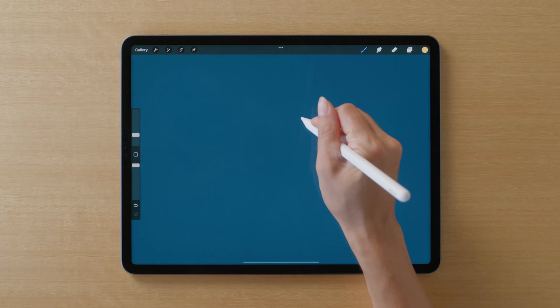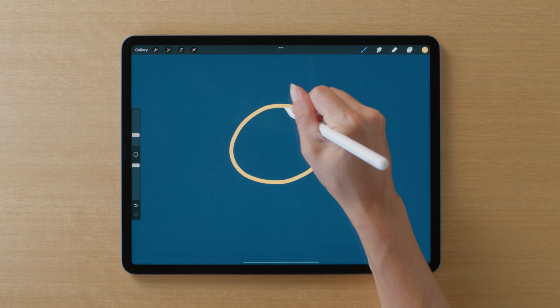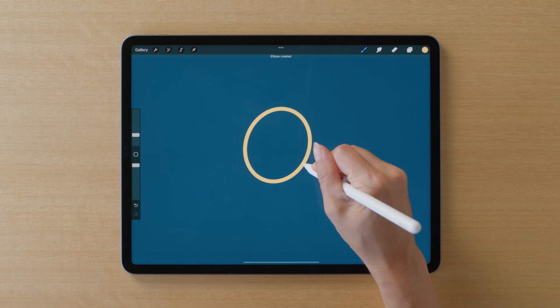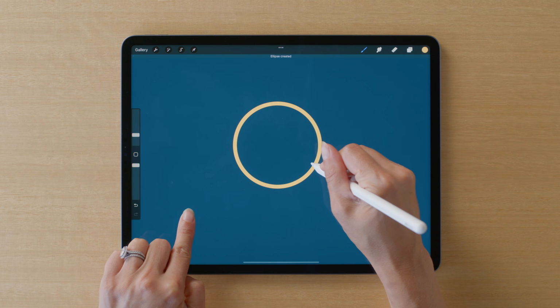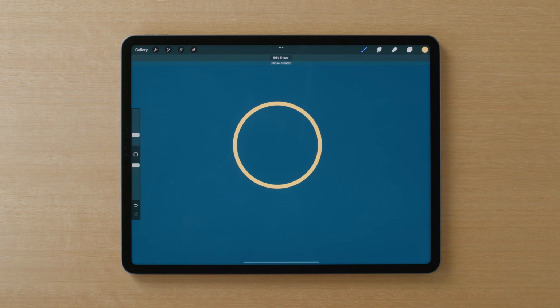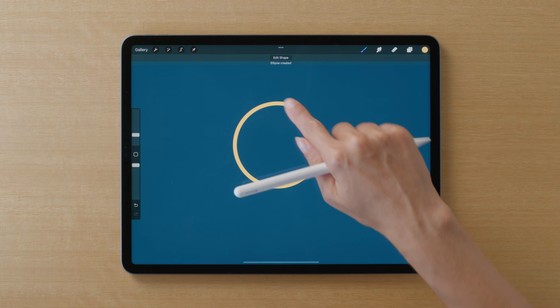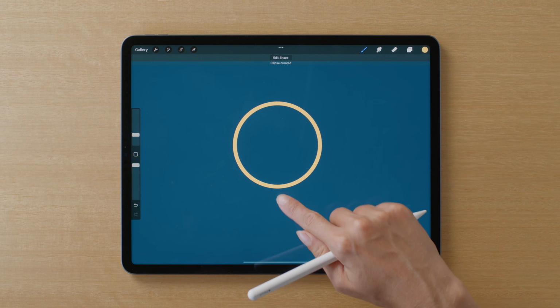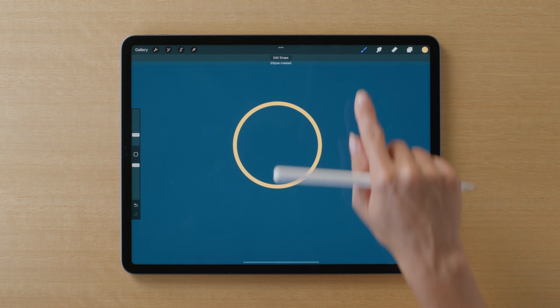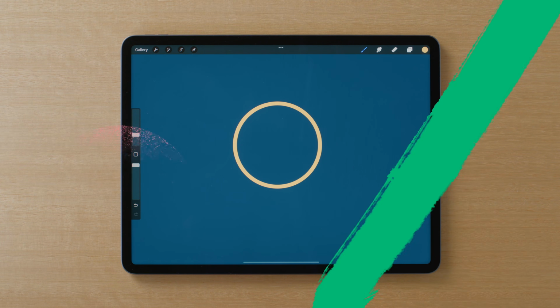And finally, follow along and we'll draw a circle. Keep holding to invoke the Quick Shape feature. Touch the screen with the second finger to create a perfect circle. Try to keep it the size I have here, with plenty of space above and below and roughly in the centre of your canvas. Tap the Paint tool to finalise.